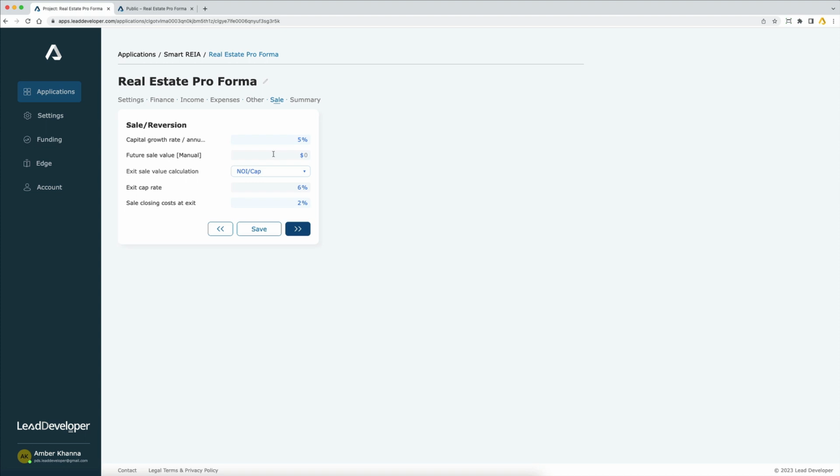You can select the sale value towards the end. And there are three ways you can do that. You can enter a sale value manually. That, let's say if you're doing a 10-year analysis, 50-year analysis, or 100-year analysis, it doesn't matter because it's all dynamic. You can enter the value for the end sale value manually,